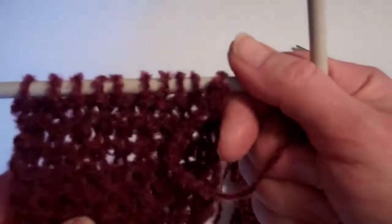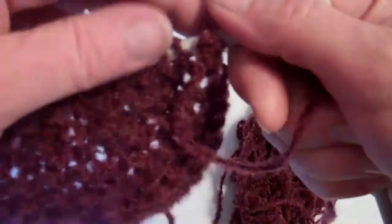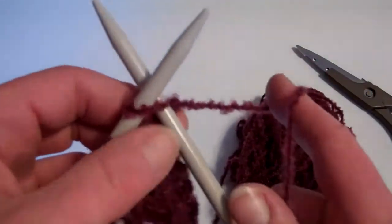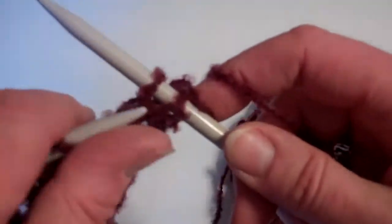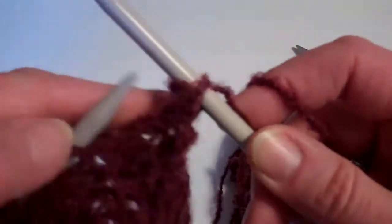So now you've knitted your scarf, or in this case I've knitted a square, and you want to cast off. So we're going to show you how to cast off. You knit your first stitch, knit ways as usual away from you onto the next needle, and then your second stitch, and then you take the first stitch and bring it over the second stitch and off the end of